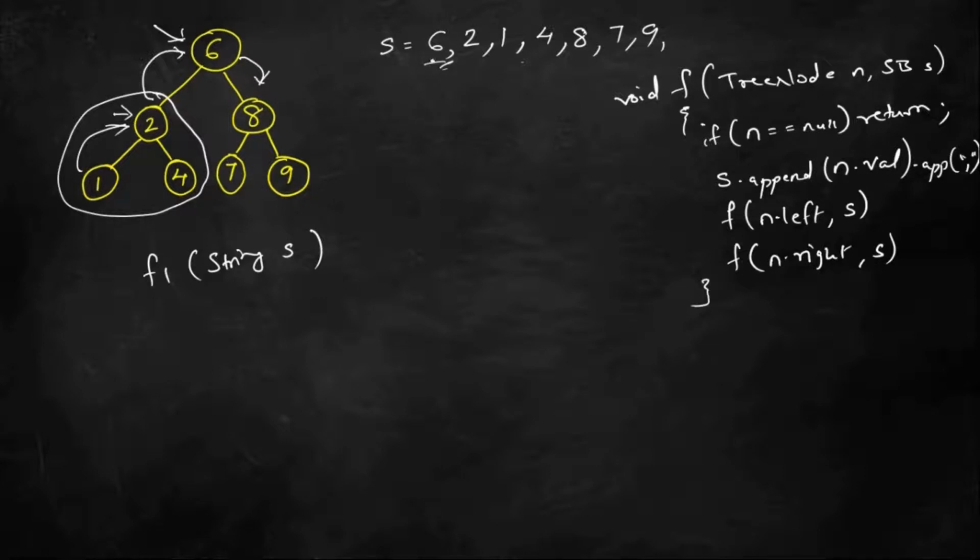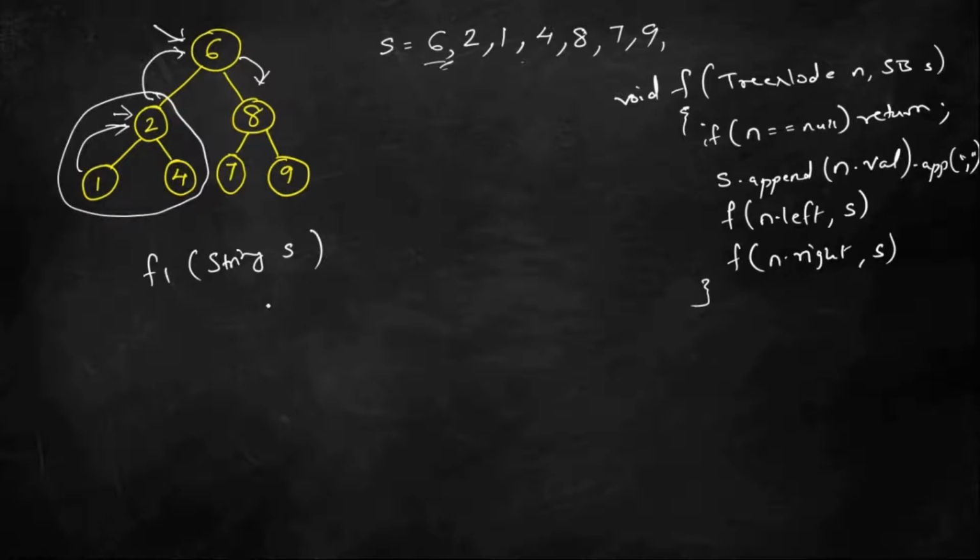So here we will use the BST property. In a binary search tree, the left child is always less than the parent, and the right child is always greater than the parent, which also means that the max value of my left subtree will never be greater than the parent.